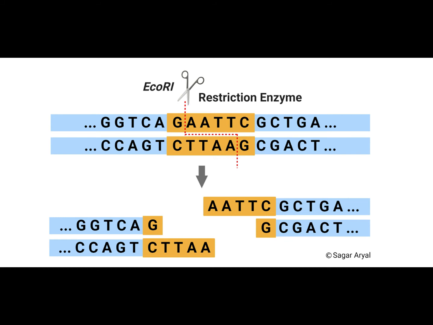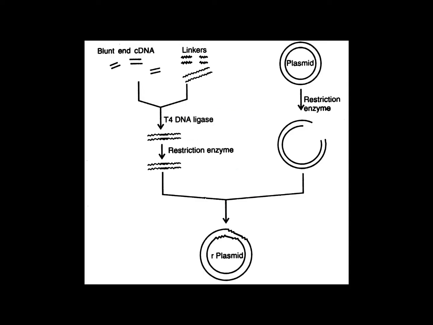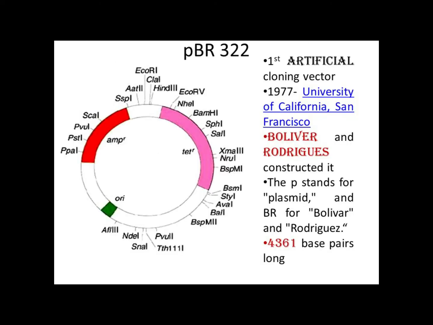Restriction enzymes are those scissors which we use for specifically cutting parts of DNA. And the property of a vector is that it should be able to carry your foreign DNA with it. So for that, we should have the cut foreign DNA as well as a cut vector, then only we can join them. So a vector should have regions in which restriction enzymes can come and cut.